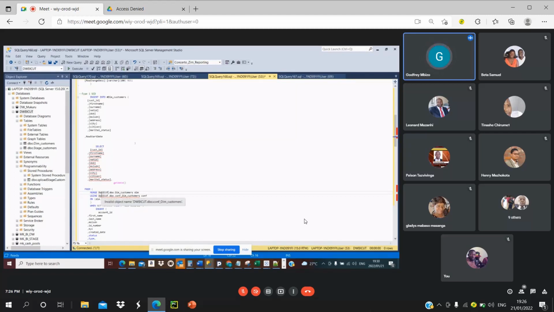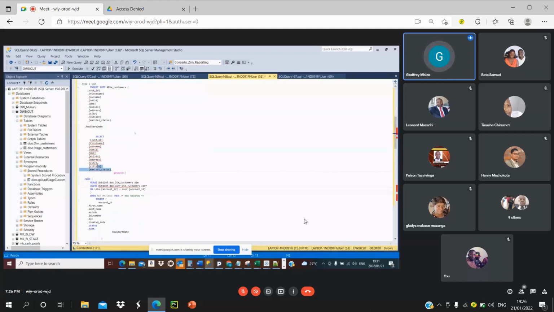Now I'm going to take data. So I'm going to do a comparison. As I am selecting my data, I'm going to compare my source and my destination, right? So if in my destination, if in my